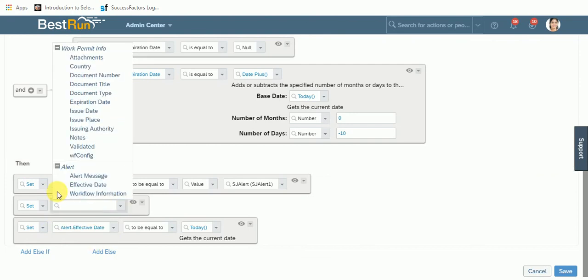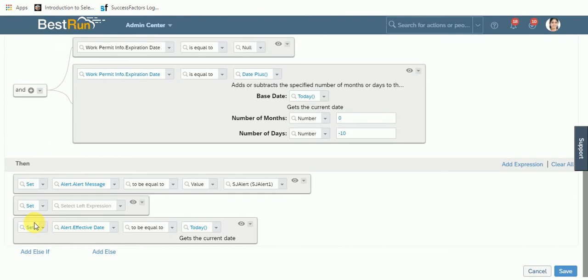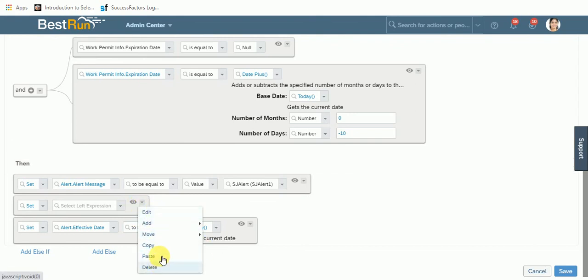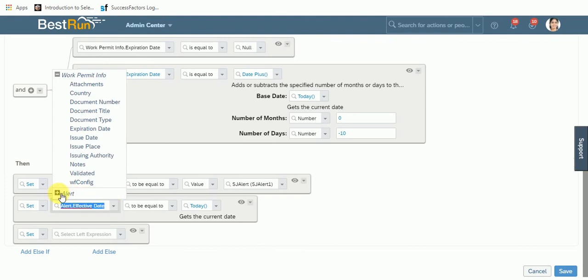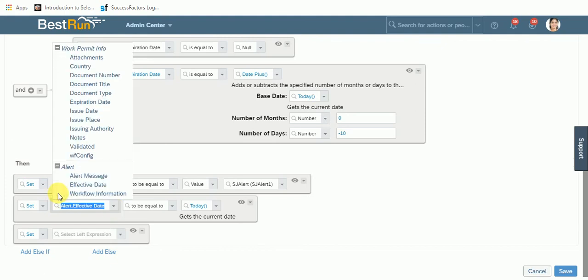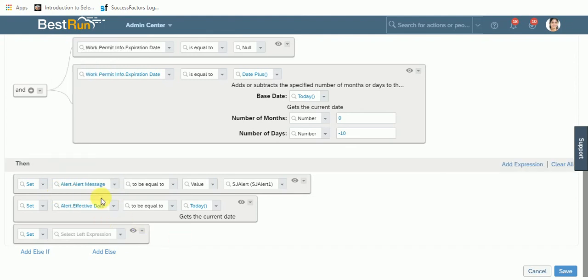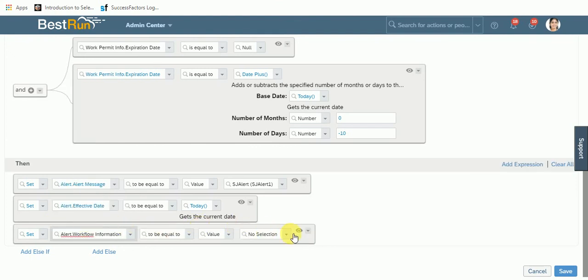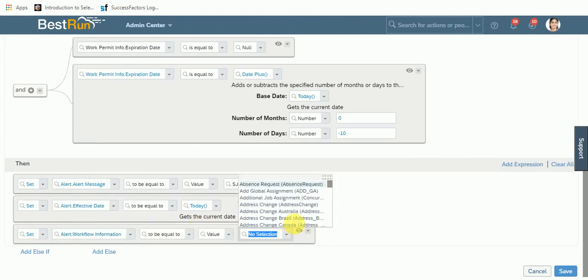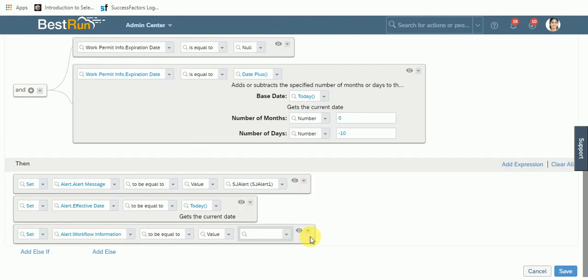If you want, we can change this sequence: we can just hold and drag it and move it down. I'm taking this as a best practice because the sequence is alert message, then the effective date, then the workflow information. We have to give the value of the workflow we have created. The alert message we created is SJ